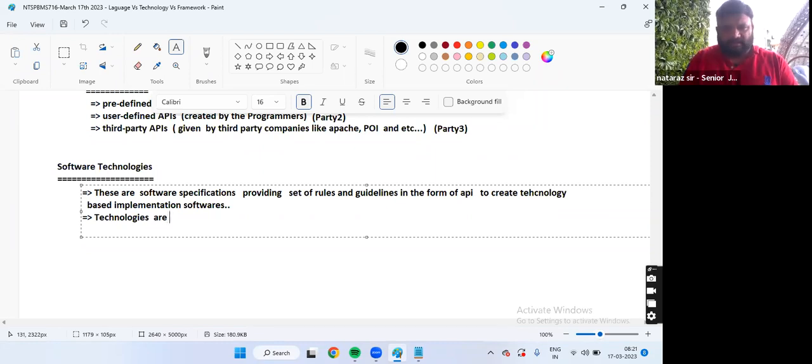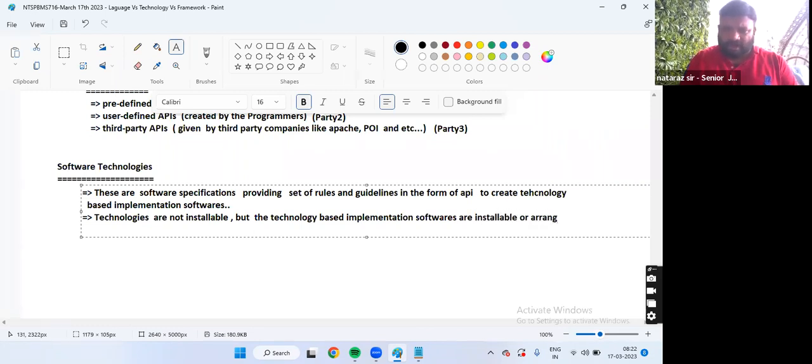Technologies are not installable, but the technology-based implementation softwares are installable or arrangeable.